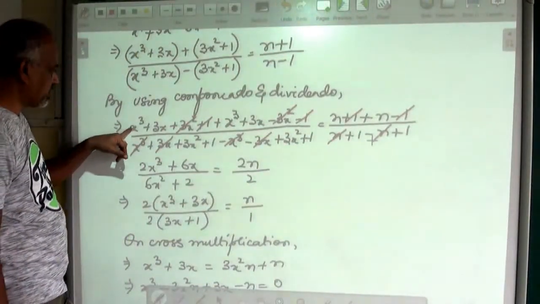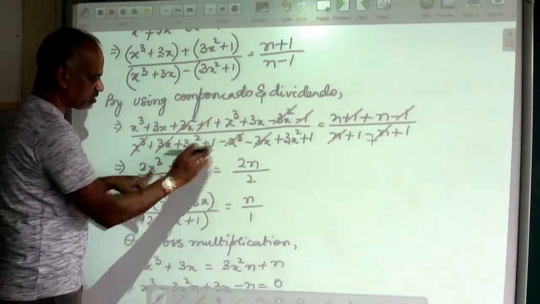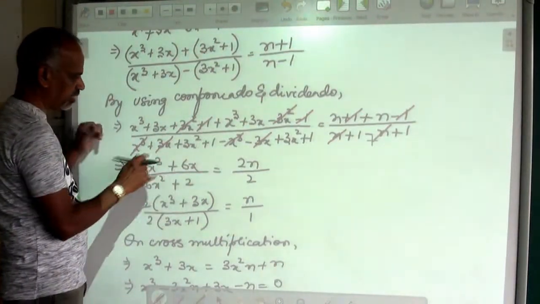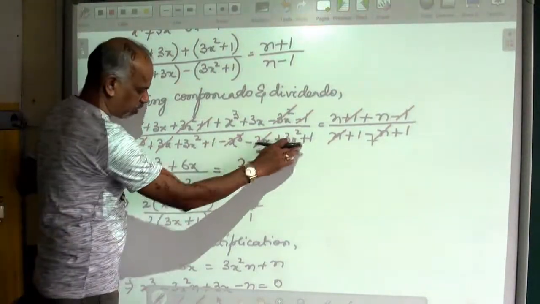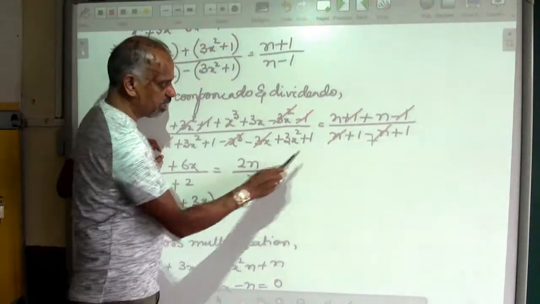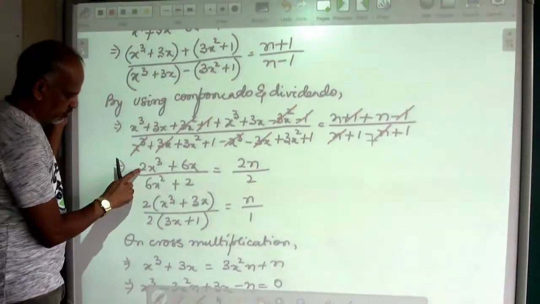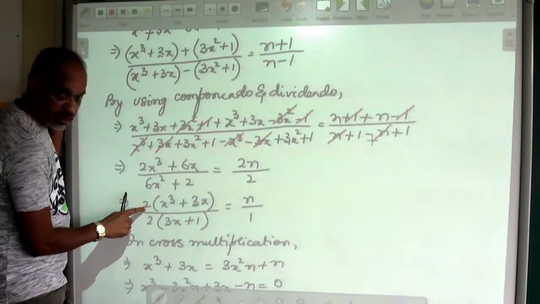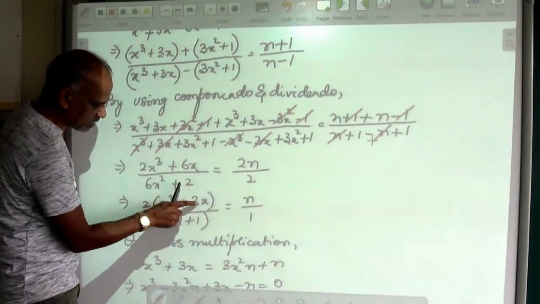In this plus 1 minus 1 gets cancelled and n and minus n gets cancelled. So see what is left. x cube plus x cube is 2x cube, 3x plus 3x is 6x, divided by 3x squared plus 3x squared is 6x squared, 1 plus 1 is 2, is equal to n plus n is 2n divided by 1 plus 1 is 2. Now from here 2 is common, so remove the 2, you are left with x cube plus